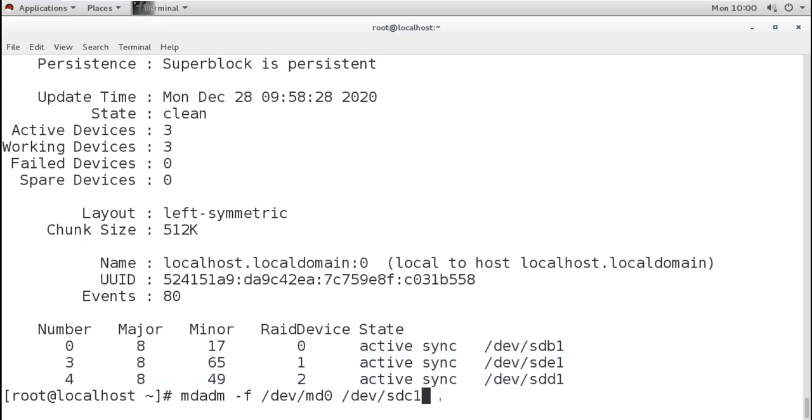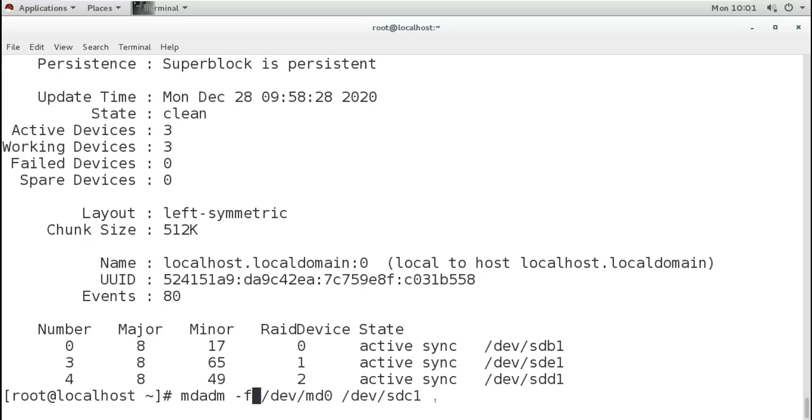Let's say I want to add a new disk here. This disk was not corrupted, it was okay, I just removed it, so I will add the same disk here. Otherwise I can add a new disk, create a partition, and convert the partition type to Linux RAID, then add the disk here.